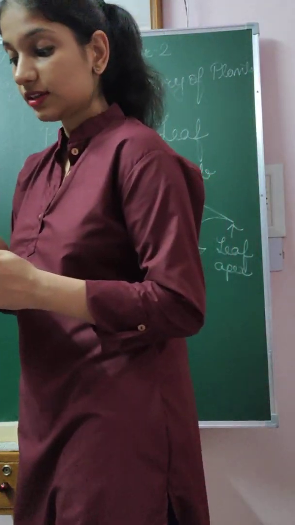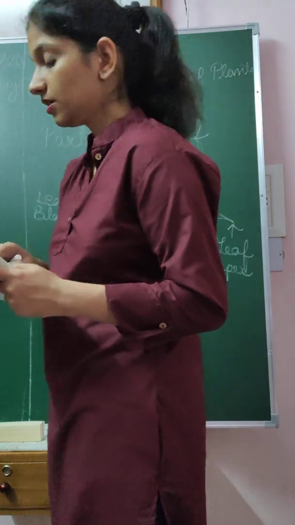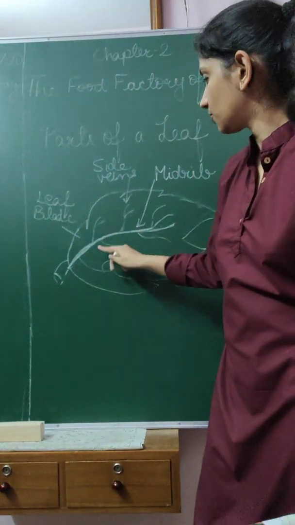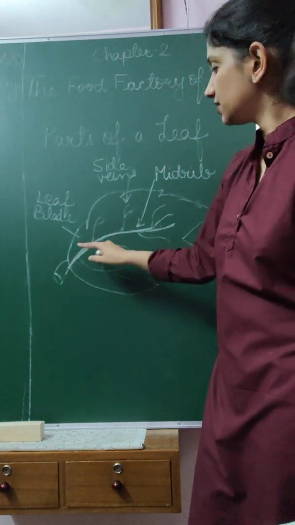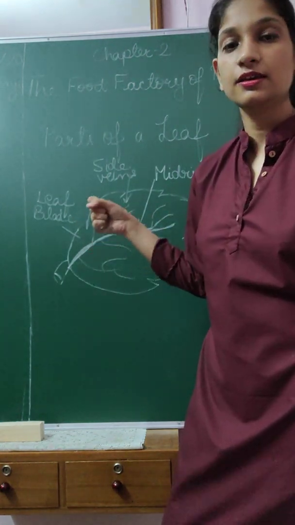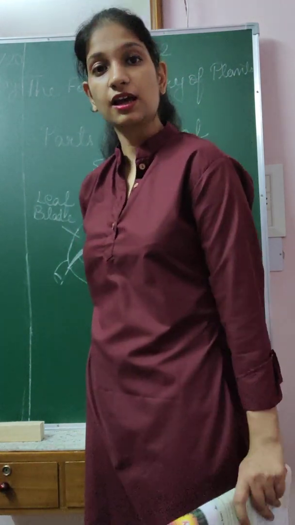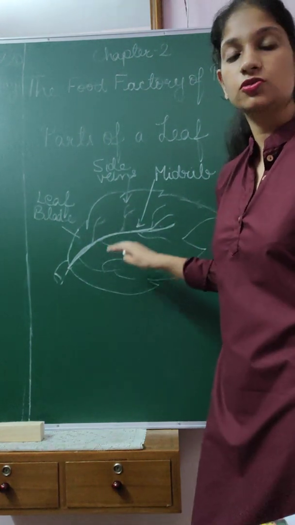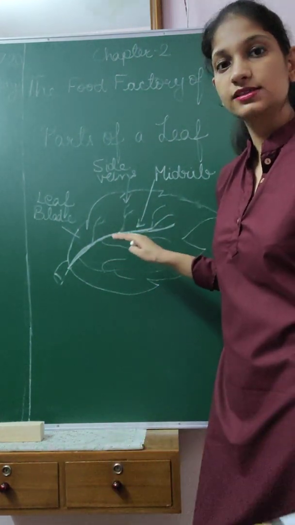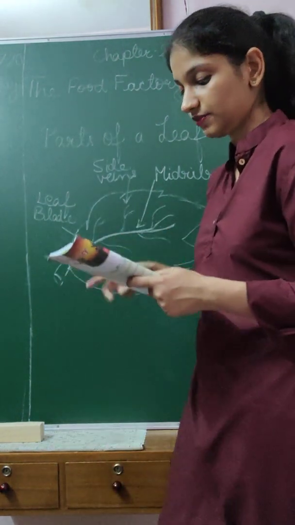They also provide strength to the leaf blade and help maintain the shape of the leaf. So the second function is that they provide shape and strength to the leaf. इस leaf को ये strength भी देती हैं, right? Just like our backbone. Our backbone हमको strength देती है. Similarly, the midrib also gives strength to the leaf. It is the main vein, so it is also giving strength to the leaf and the side veins also.